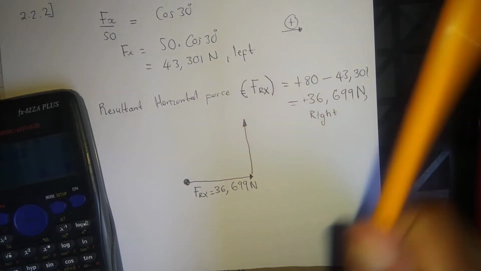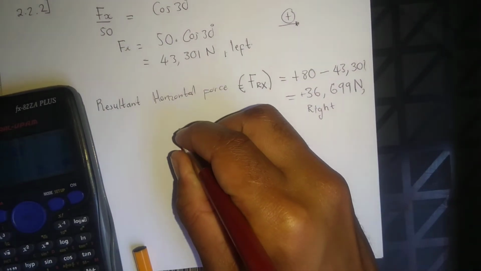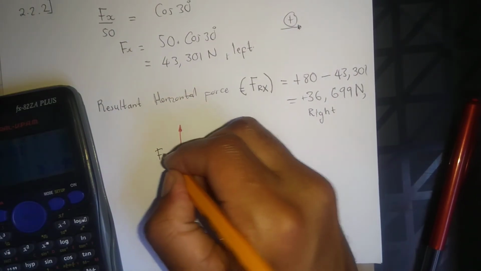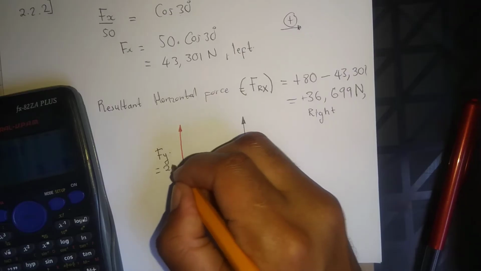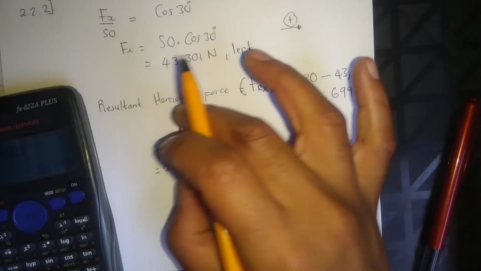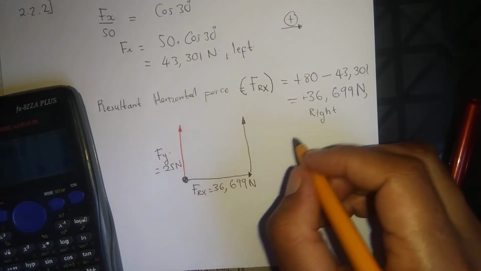Upward. We have an upward vector of Fy equal to 25 Newton being up, and then check the resultant force for